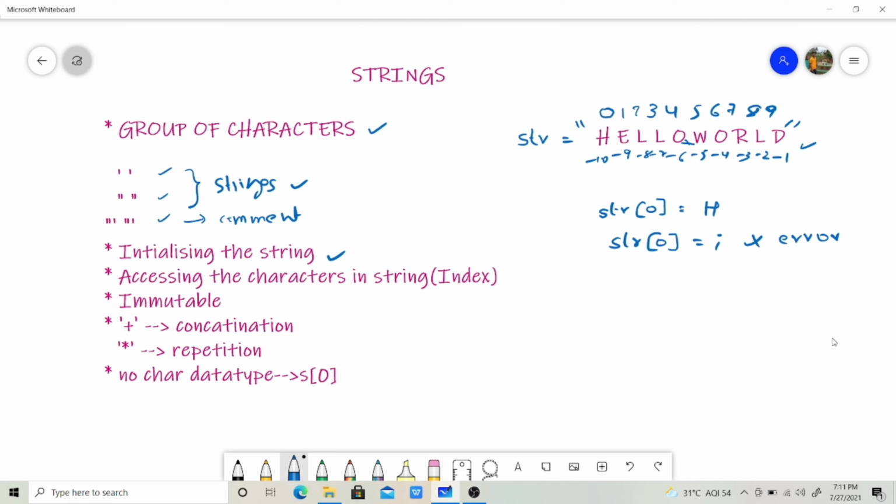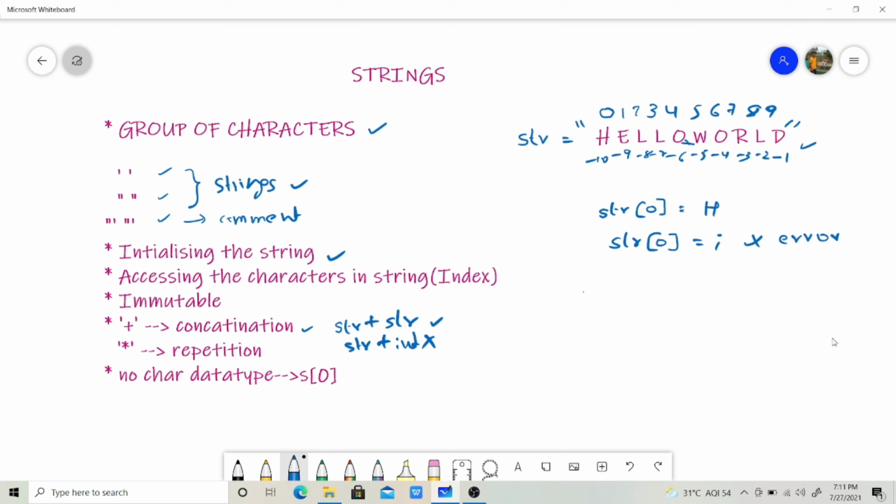Now we'll discuss two operators, that is plus and star. Plus is used for concatenating two strings. We have to use only two strings, string plus string. We should not use string plus integer. It will give you an error.